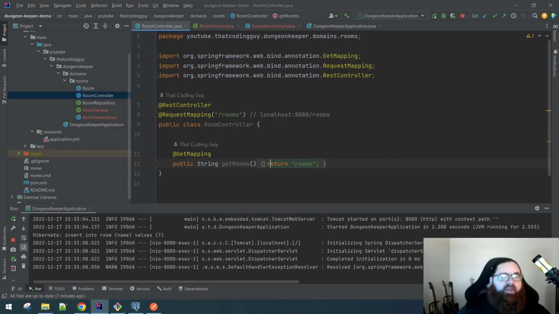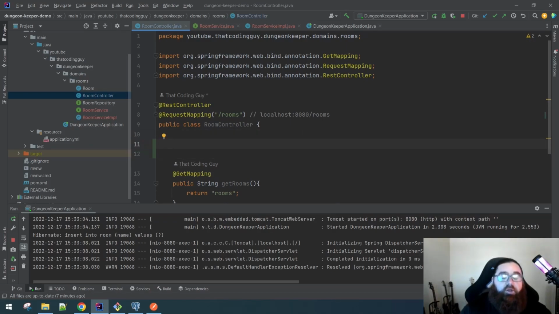call that method instead of just returning a string here. So in order to use our room service from the controller, we have to declare that. And that means that the room service is going to become a dependency of the controller. And that means, in other words, in order for the room controller to do its job, it has to know about and utilize the room service. So dependencies on classes typically go at the top. So we'll say